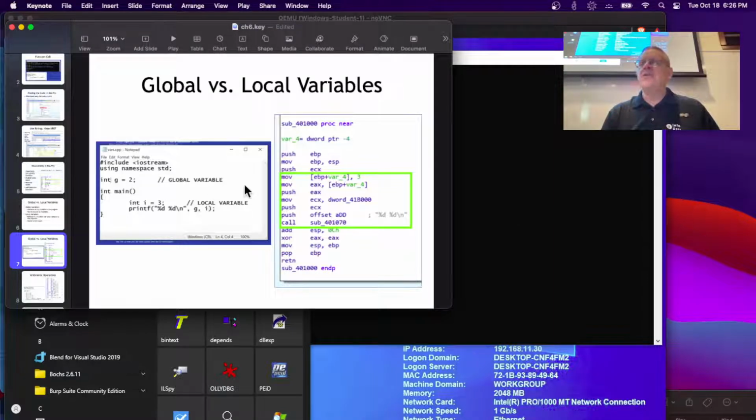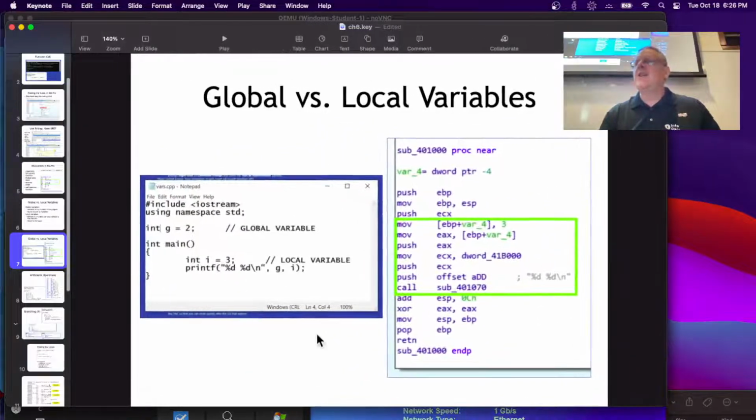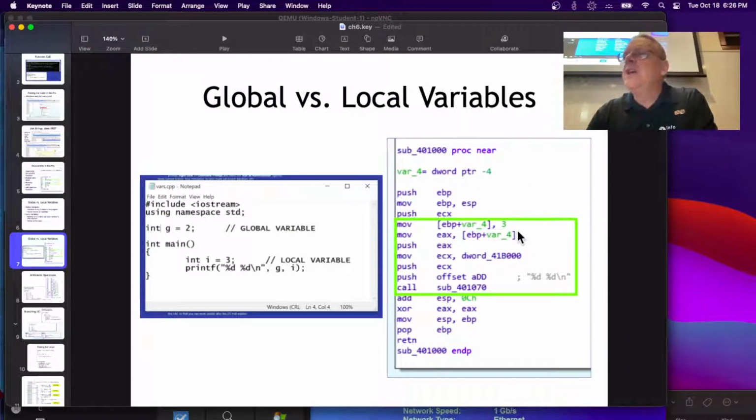I think I'll just reference it here. I don't think it's worth making these live. So if you make this one, let me make this as big as it's going to be. All right, so here, a global variable is defined up here outside main, and here's a local variable defined inside main. So when you compile it and take it apart in IDA Pro, you will see